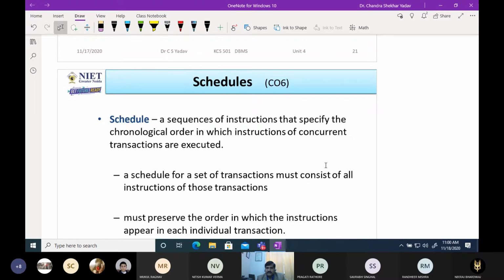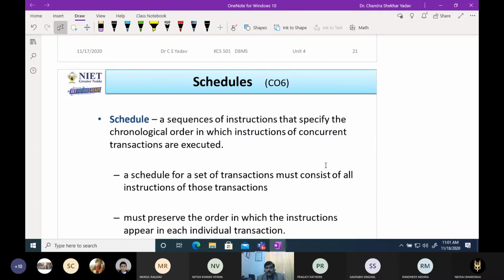In terms of a transaction schedule, a schedule is a set of instructions in chronological order in which instructions of concurrent transactions are executed. So a schedule represents the sequence of instructions of concurrent transactions which are executed. It means that we represent the order of instructions, and that is called a schedule.